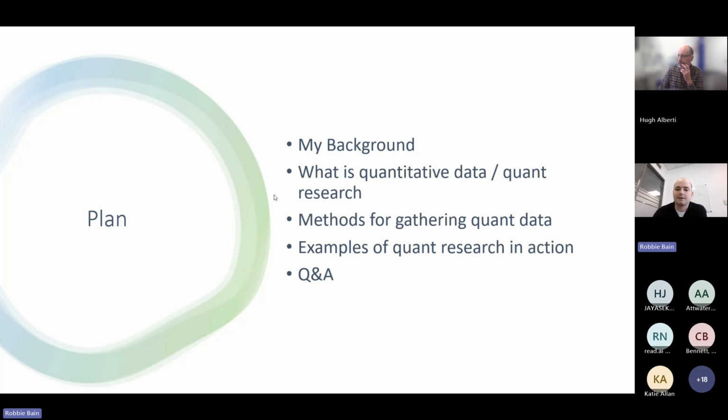And then a bit about methods and what methods are out there on gathering it and how it can be analysed. And I'll touch very briefly on what software I use and then what software is out there for educational research. And then a couple of examples of two projects from me, and then hopefully an opportunity to do some Q&A to talk about the more general aspects of quantitative research